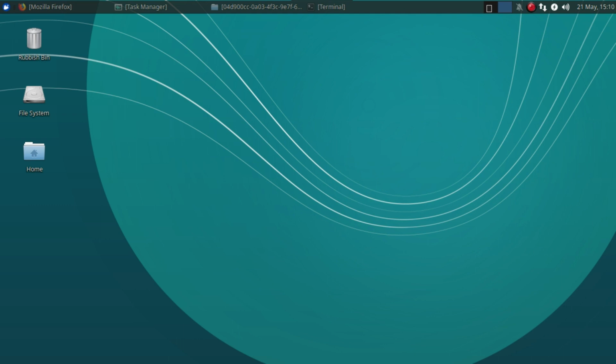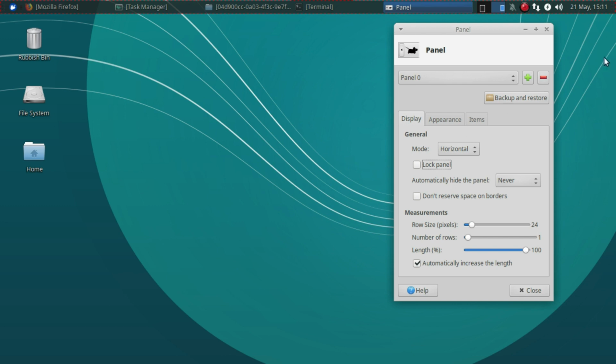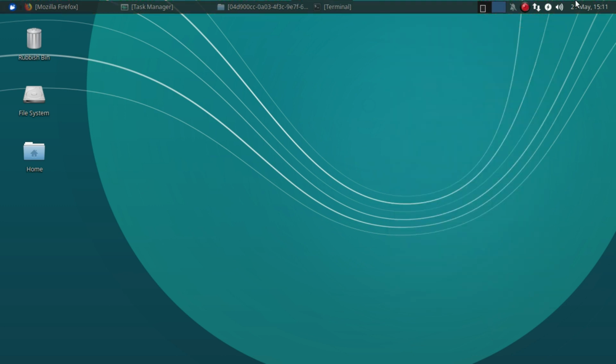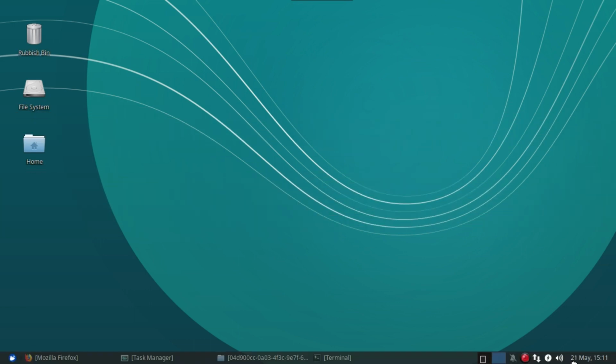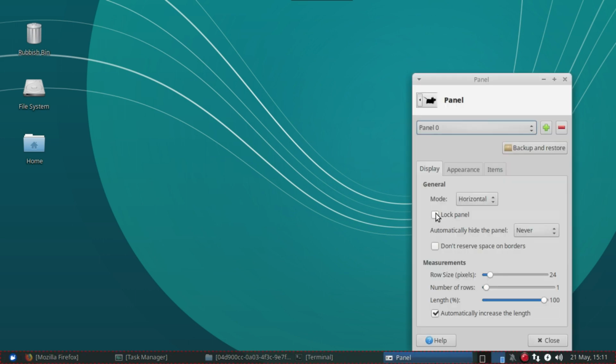So here we have installed Xubuntu, and I'm now just going to set it up so that I can use it for video rendering. First thing I want to do is to move the taskbar from the top to the bottom because I prefer it at the bottom. So we right click on it, go to panel preference, unlock it, close. Now to drag it, it's no good going in the middle, we have to go at the end. I'm going to drag it all the way down to the bottom. Then right click on that again, panel preference, lock panel,